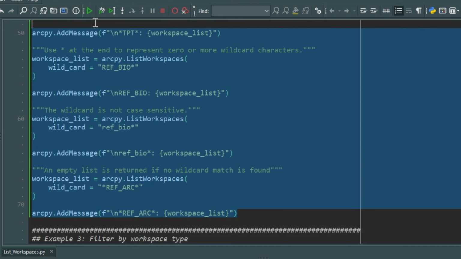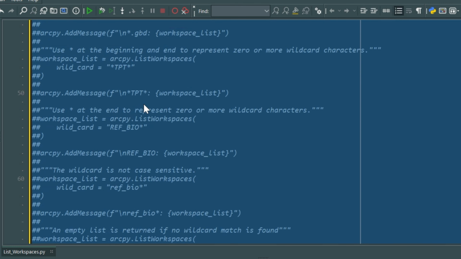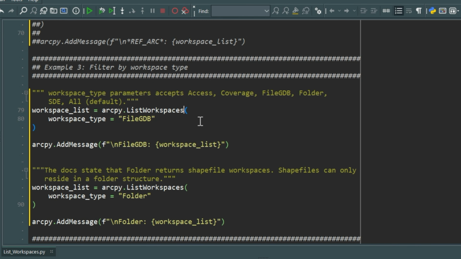We'll comment out our examples for using the wildcard, and next we'll take a look at using the workspace type optional parameter. According to documentation, the workspace type parameter accepts access, coverage, file GDB, folder, SDE, and all, which is the default. In our first example, we are going to use a workspace type of file GDB, and in our second example, we're going to use a workspace type of folder. So we expect to see in the first example all our file geodatabases returned in the list, and in our second example, we should see all our folders, of which there are 4 of them. We'll run the script,